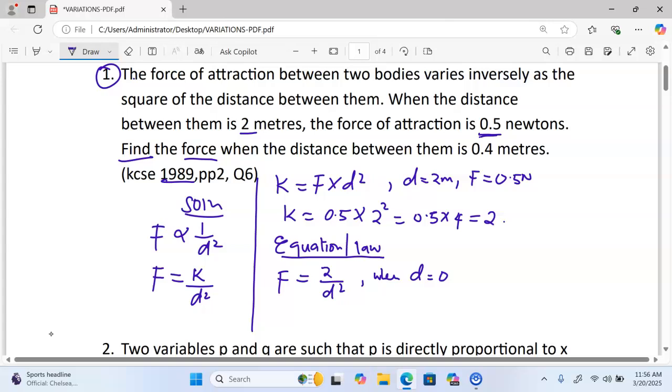So when d is equal to 0.4, our force is going to be equal to 2 divided by 0.4 squared. This gives us 2 divided by 0.16, giving us approximately 12.5